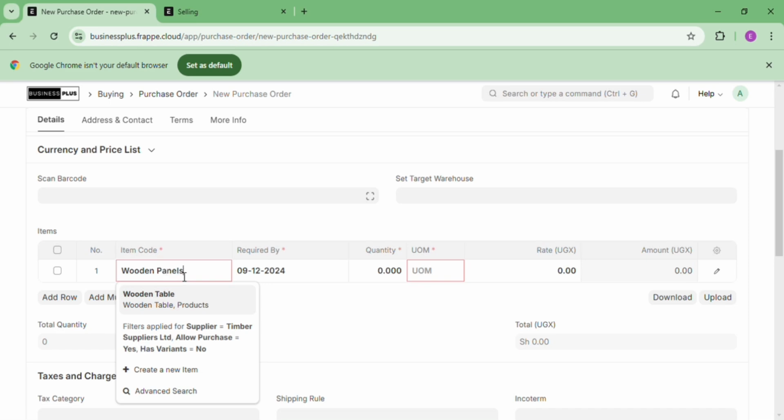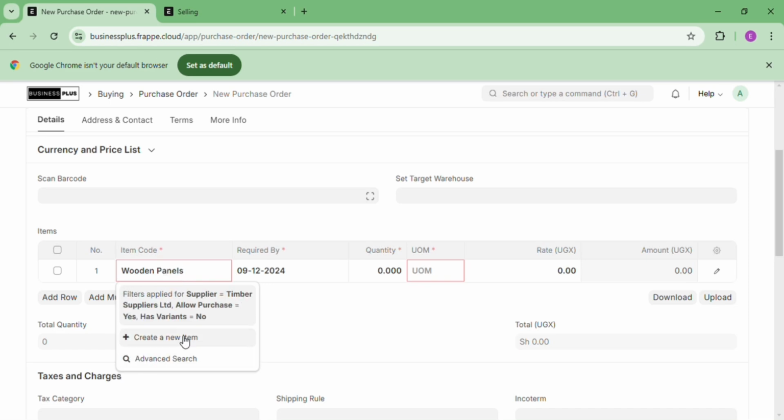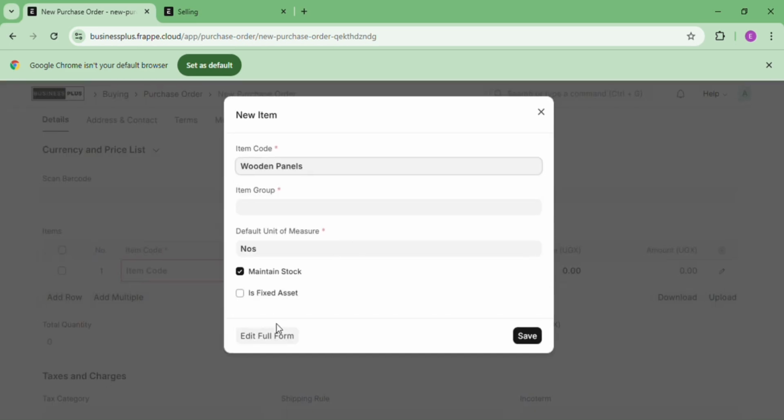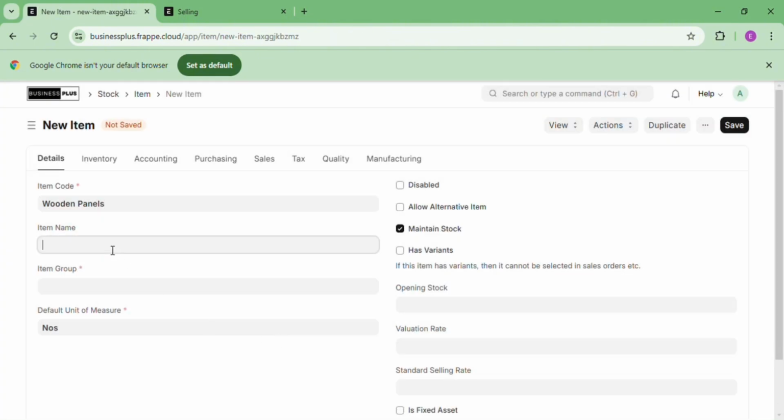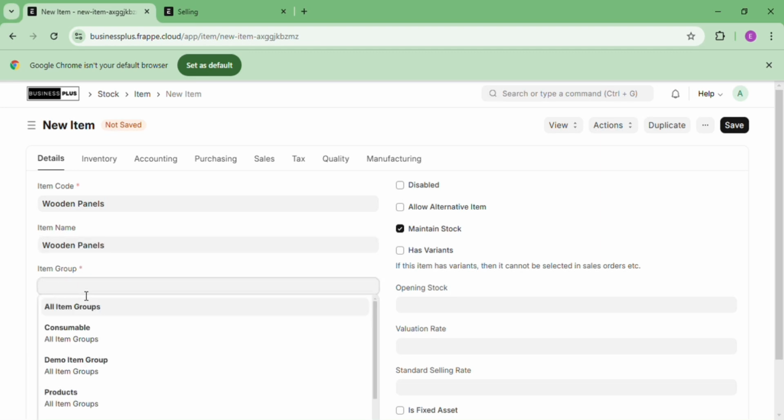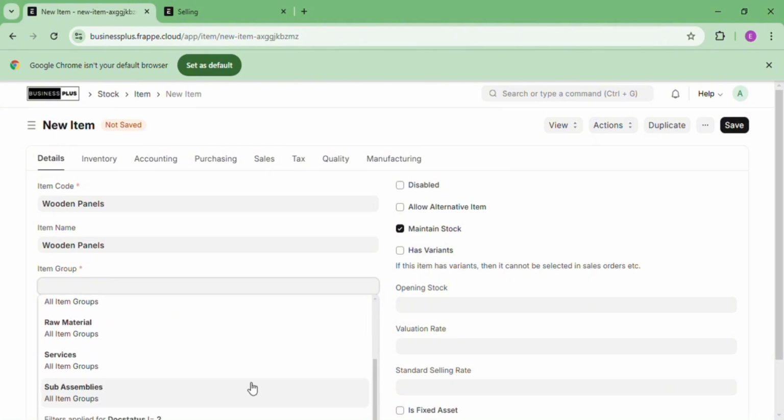So maybe I want wooden panels, right? I told you it's always good for the item code to be the same as the item name, so that one is very easy to identify. And also the item group is really important, so you have to specify the item group. So I'll go in